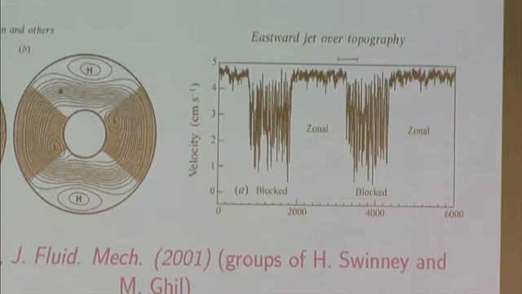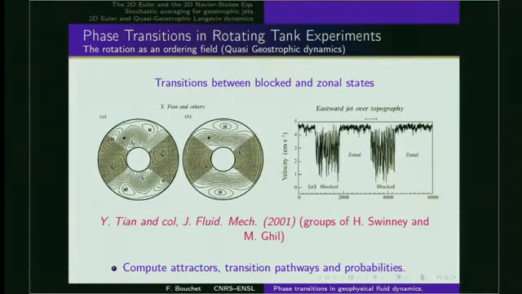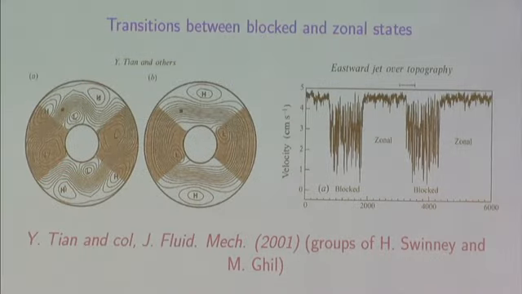So it is found that these attractors have a large-scale organization of the flow, which are either of this type, or of that type. This type is called zonal flow. It means close to invariance by rotation around the axis. And this one is called a blocked state because the flow is much more affected by the topography, and it is blocked, but it has no rotation. So the name has been coined by analogy with what happens in the atmosphere.